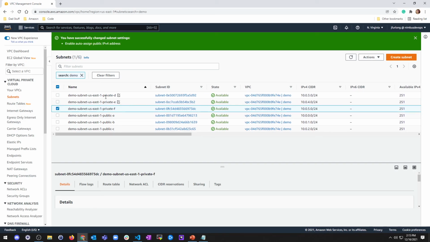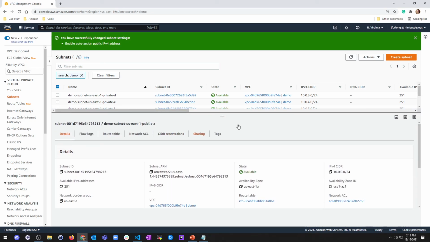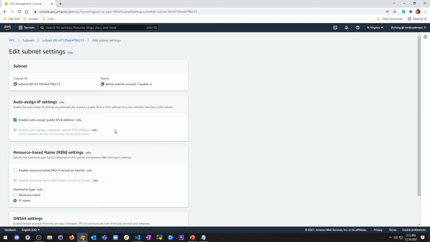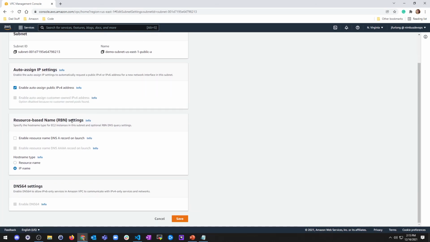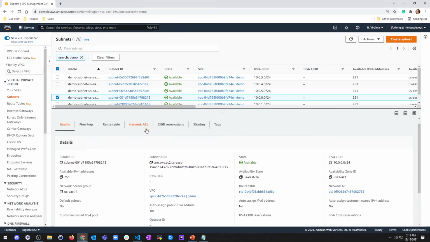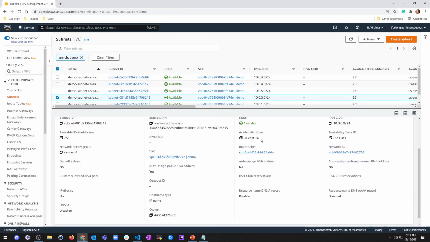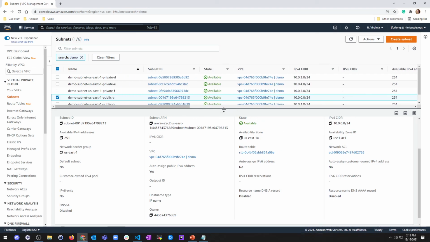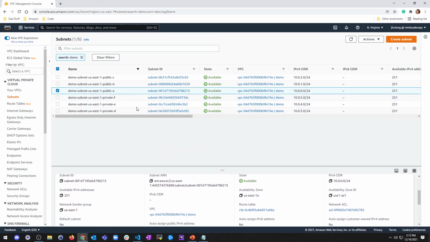Now, I personally just don't usually assign specific availability zones. You see how this one has, well, you can't even edit it here, but when you're creating it, you can say, oh, I want this to be in US East 1A. I just let it pick whatever. But if you want to be super organized, which is a way better way of doing things, you can do it this way,